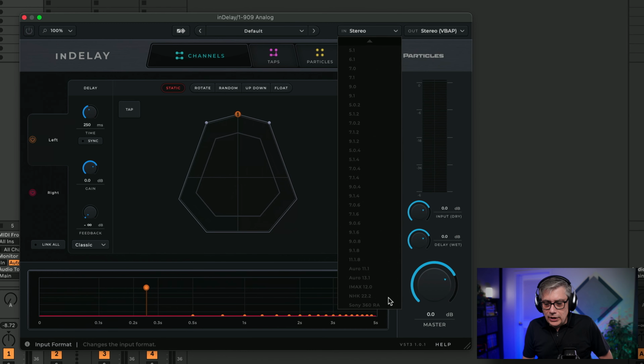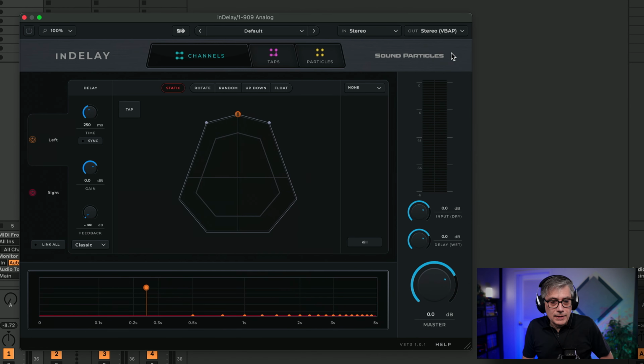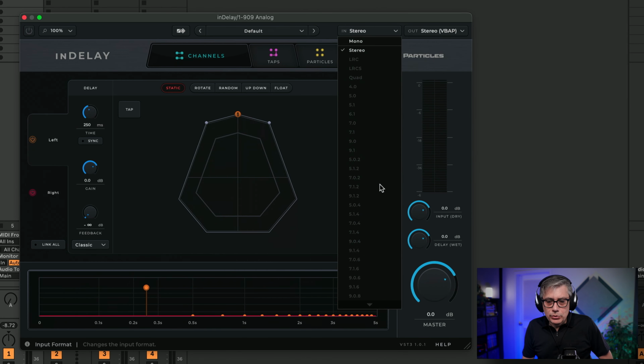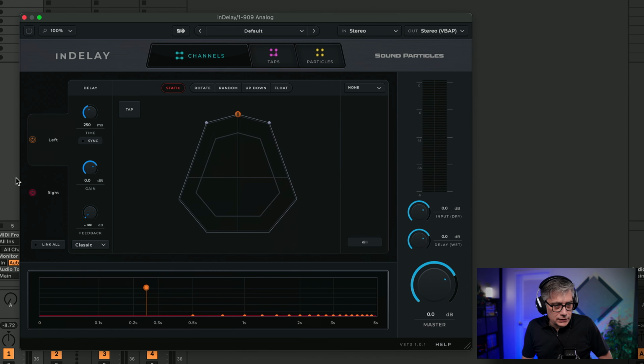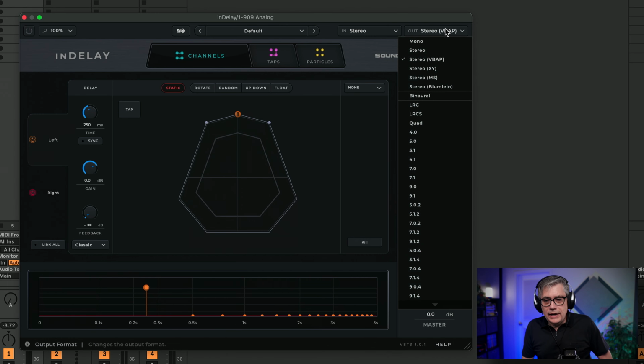But as you can see, you can do almost anything, including the Hamasaki layout, the IMAX layout, the Auro layouts, and all of the Dolby Atmos layouts. So that's actually very convenient. Now, if you select a certain input setting, you will see the input channels here on the left. Once again, currently I only have a stereo input, and that essentially means I only see the left and the right channel here.